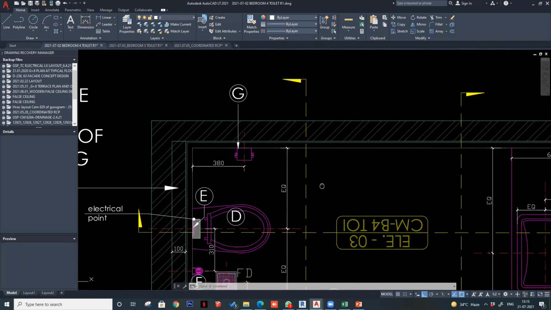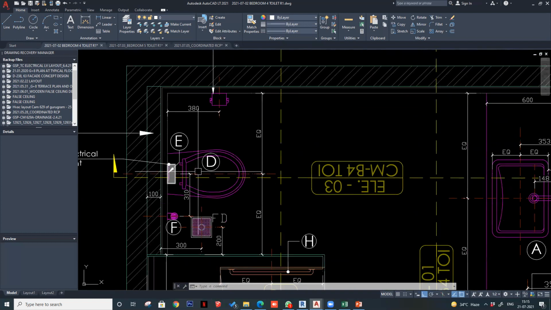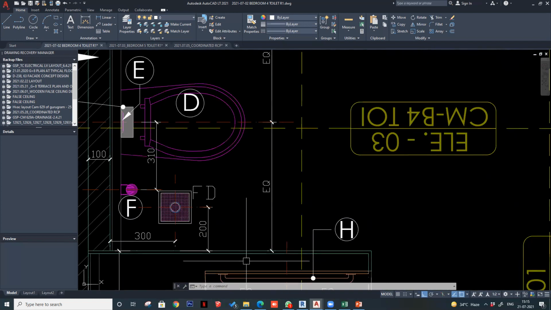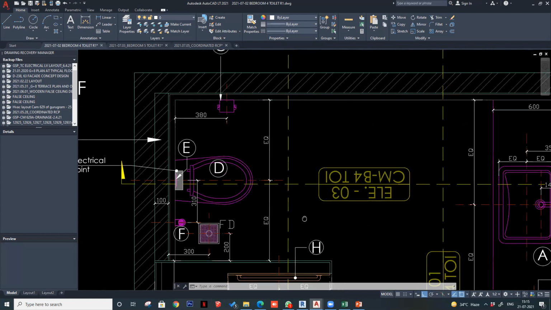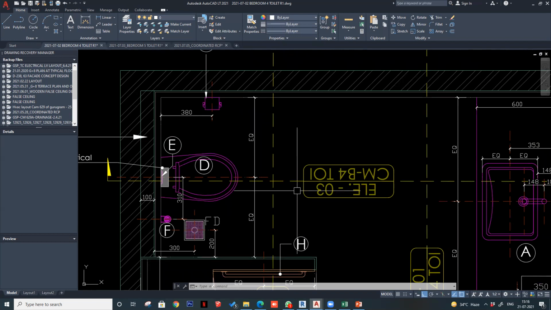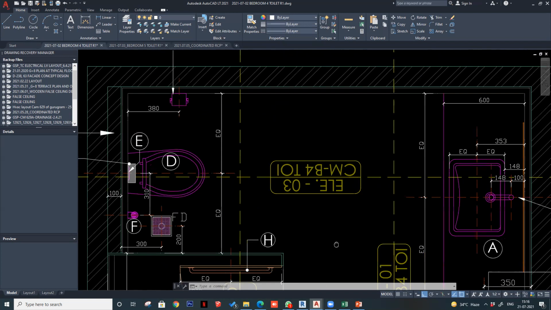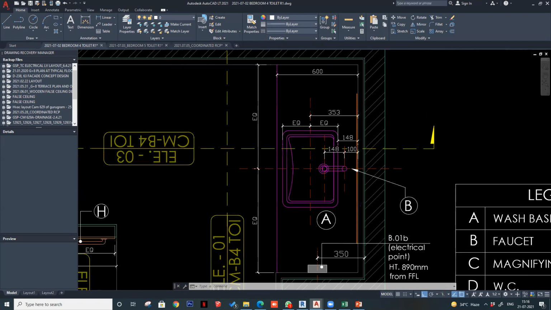Then giving the center line of the WC, you want it to be in the center of this glass partition and the finished level. You don't want it to be in the center of the raw wall and this glass partition, right? Then it will look off center. So you'll have to keep these things in mind. You'll have to basically visualize what you want and draw accordingly. That's why I've given equal from the finished level here. Similarly for this as well.